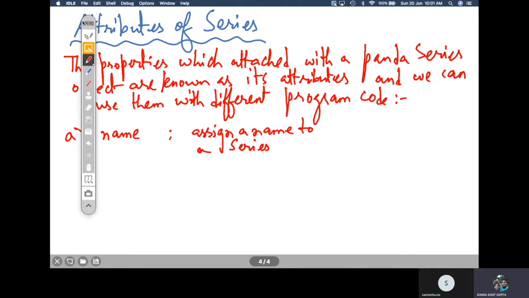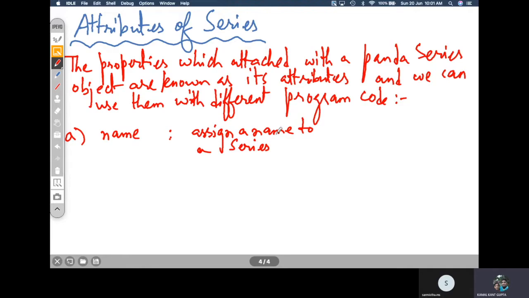This is a very important attribute. You can assign a name to a particular series, and you can access that series with that name. Let us find out what it means by using code.